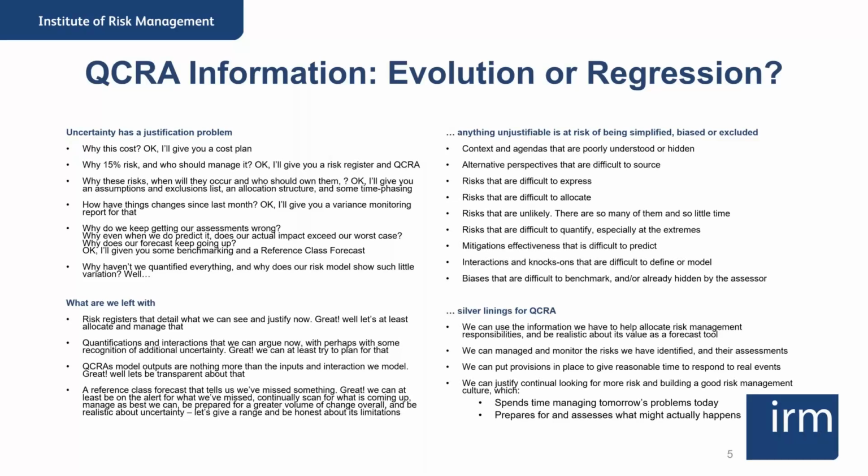But for me, looking back over the last years of QCRA information, is it helping? And we go back a long way to, okay, we just had a cost plan. And that cost plan might have included a proportion of risk, which clearly wasn't enough in terms of understanding the risk and trying to drive ownership, trying to drive management. So we've started to look at QCRAs. That helps us understand the risk and the owners, but then we start to understand on mega projects, we need to understand the structure of the organization to allocate things effectively and deal with things over a long time frame. And because things change, we need to be able to respond to what those changes are.